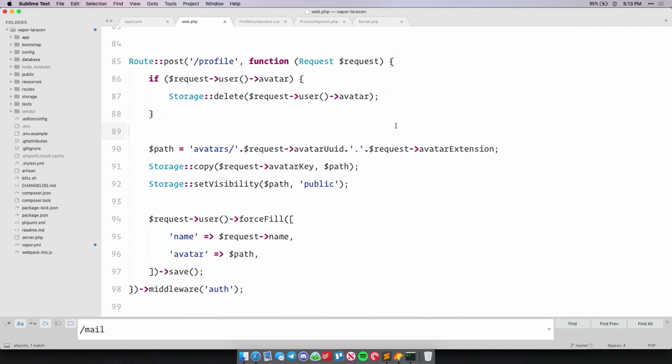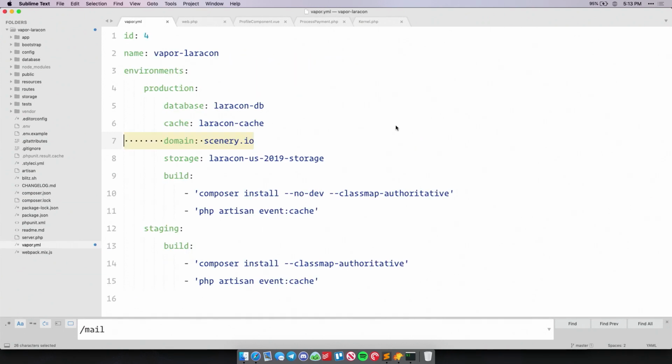All right, so how did Vapor know to make an S3 bucket for us to even do this? Again, that's in my YAML file. You can see I have this storage. I can just attach this. I don't have to create anything in the UI. I just add it to my configuration file with a name I want it to have, and when I deploy, it will make sure that bucket's available. It will configure the auto expiration of that temp directory and all of that. All right, so that's file storage.